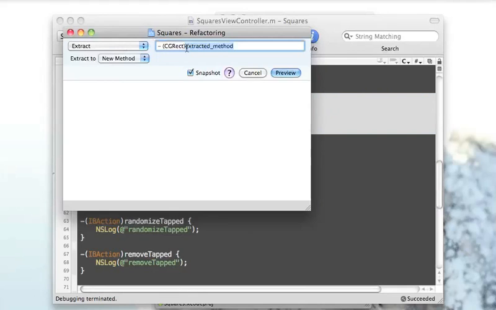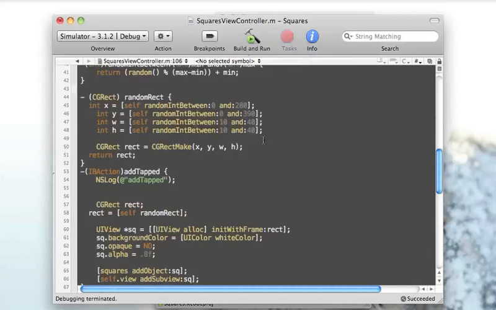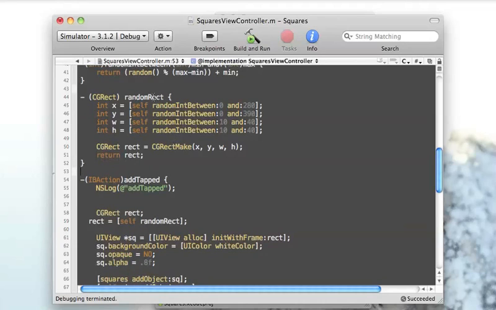Now, the refactoring menu is a little cheesy if you're used to something like ReSharper or Eclipse, but it's nice that it's there. So I'm going to call that randomRect. Hit apply, and it's going to automatically, well, doesn't do a perfect job, but you know, it does do the job. Okay, so we have this new randomRect function, and the code we wrote earlier is now calling that function to get the